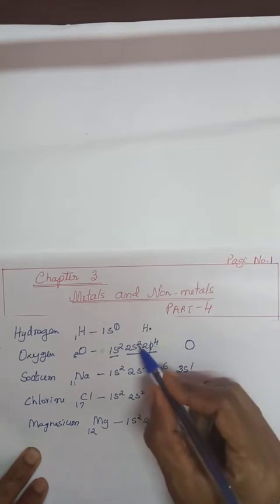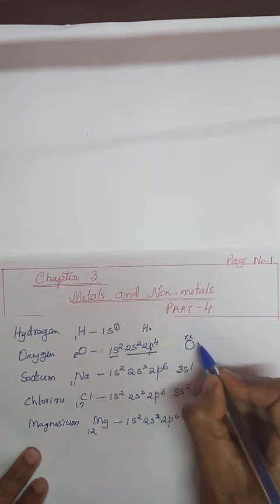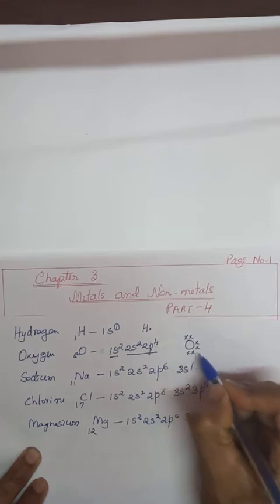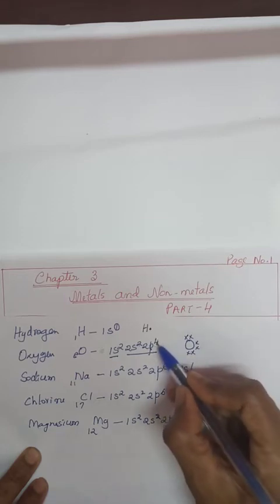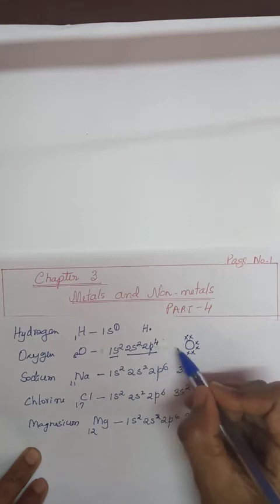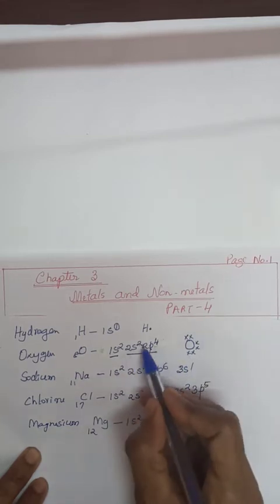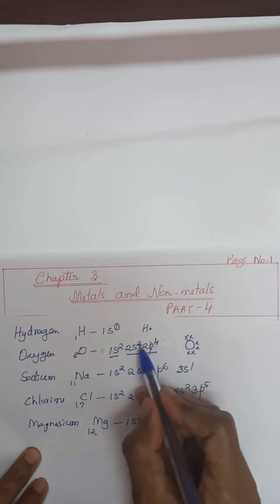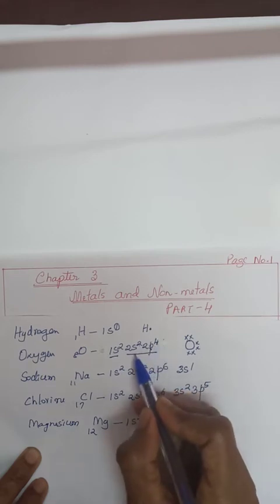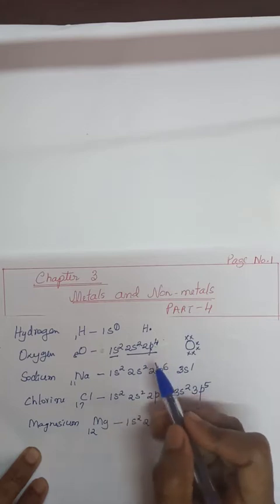Write these electrons first. 2 plus 4, 6 electrons. These 6 electrons can be written as 1, 2, 3, 4, 5, 6. There is a shortage of how many electrons? 4 plus 2, 6. So there is a shortage of 2 electrons. Now leave this place blank because it is receiving 2 electrons from the other atom to fill its outermost shell. 2 plus 6 will be 8. So it attains the octet configuration by receiving 2 electrons from the neighboring atom.